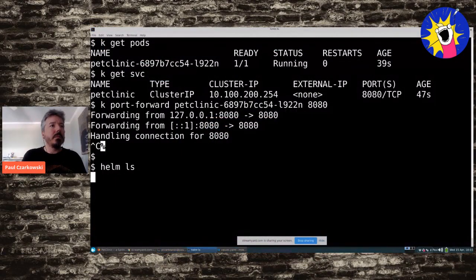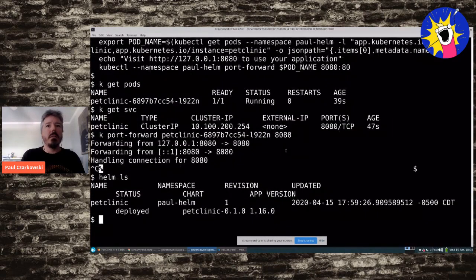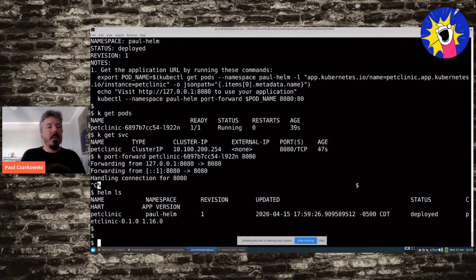So helm ls, you can see we have our Helm chart running, installed. And so we can do a helm upgrade. We called it pet-clinic, and then dot. And that'll read that values file that we just changed. And so this should upgrade the,